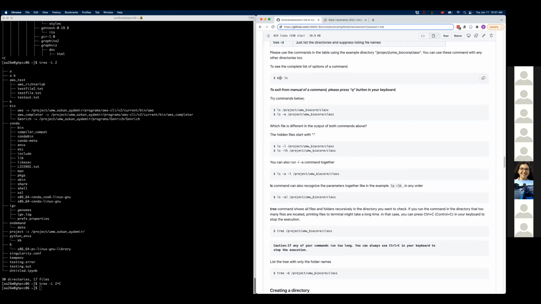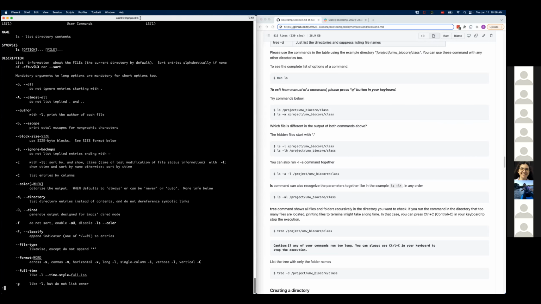So the man command we've seen in the beginning. I don't remember which command it was, but maybe it was ls again. If you want to see the manual or usage of any command in the command line, especially if it's part of the system, a manual is available by typing man and then space and then your command. So for ls, you will see a brief intro and how it's used.